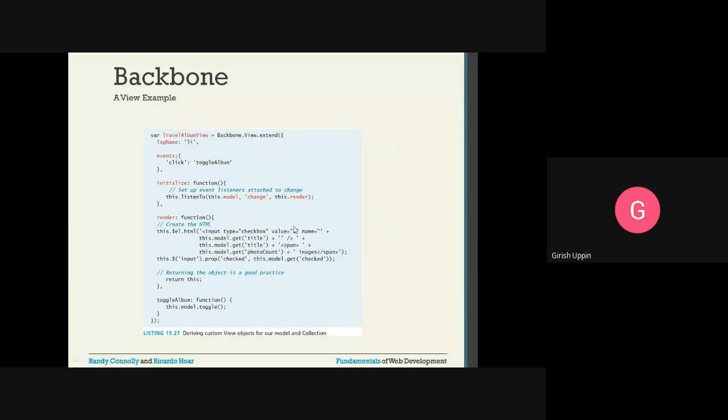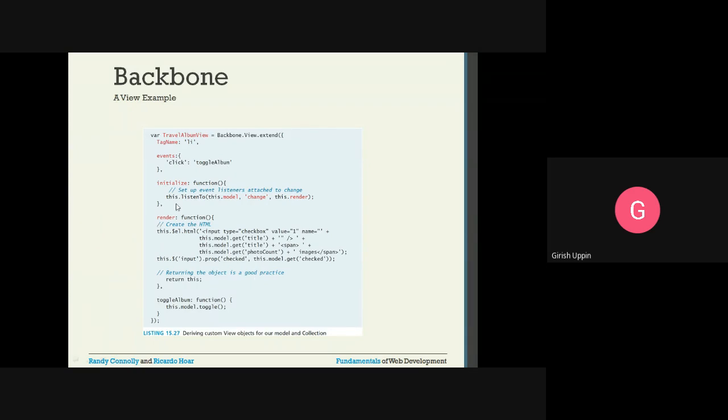This is the example of the view. We are creating the view using Backbone.View.extend, and all the events, whichever events you want to include. Then the event handler should be there. Okay, toggle album click. It is like a map to the toggle album. That is the model. Okay, so that is mapped to the model.